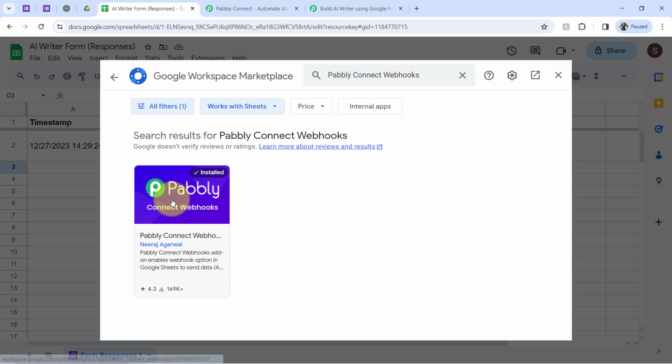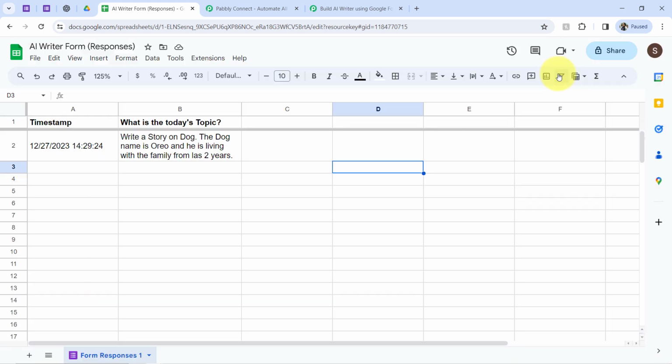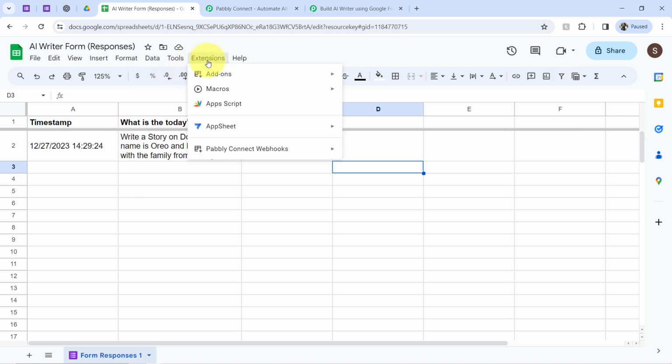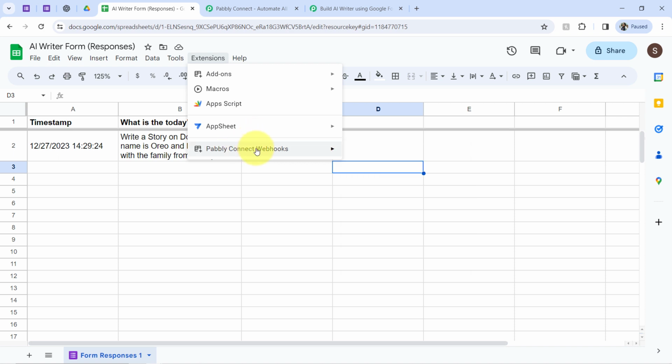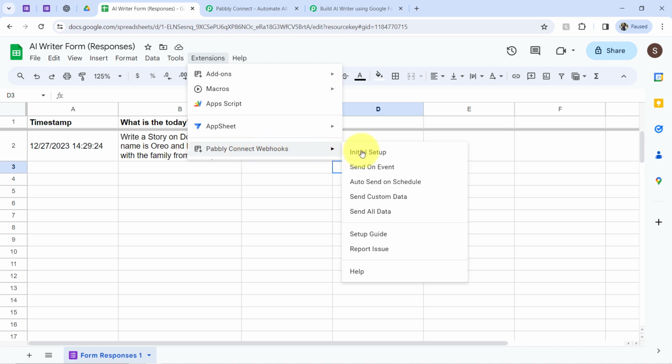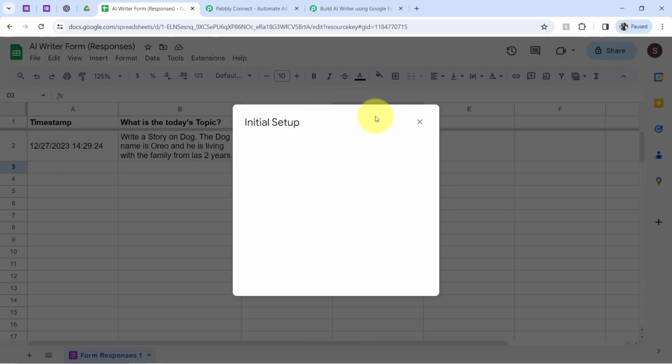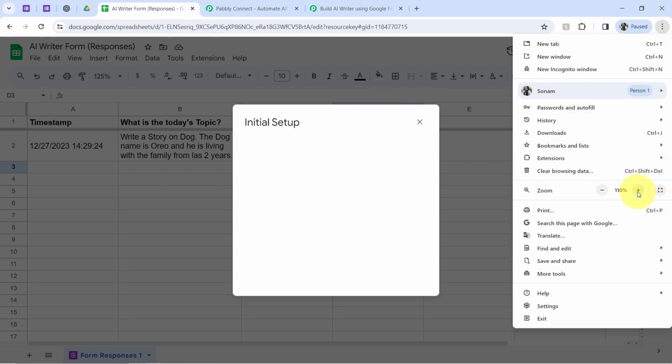notice that this add-on is already installed in my account. Okay, so that is why I'm closing it directly. Okay, now clicking on this extension once again, and you will have to firstly install this add-on, because after that you will have to open the same add-on from here only, that is this Pabbly Connect webhooks. Click on initial setup, and here exactly we will have to paste the same webhook URL which we have got